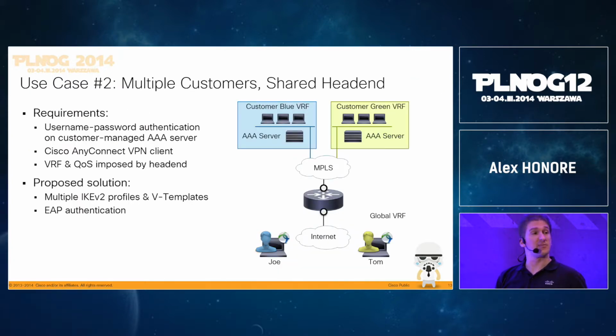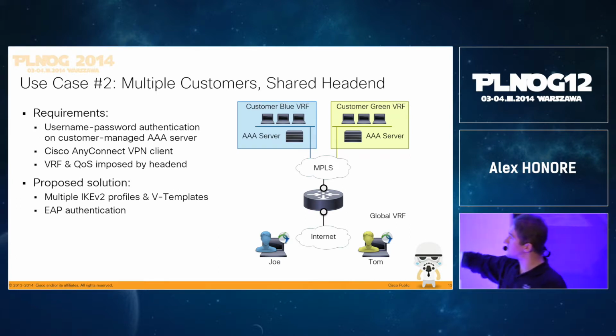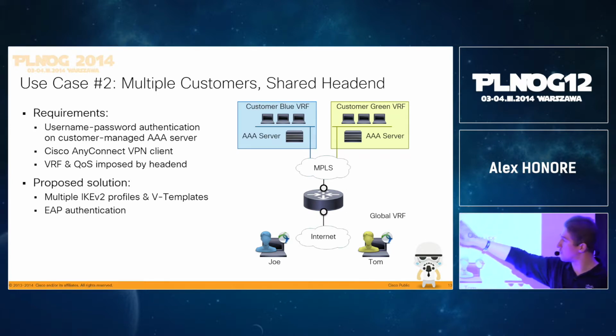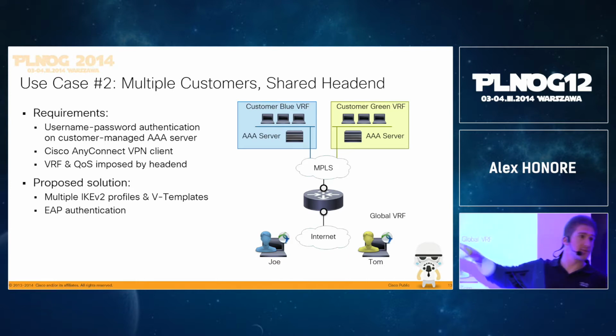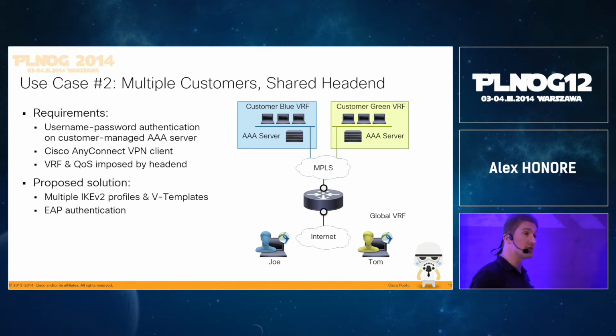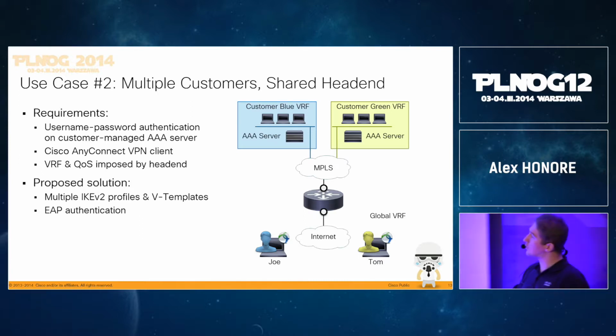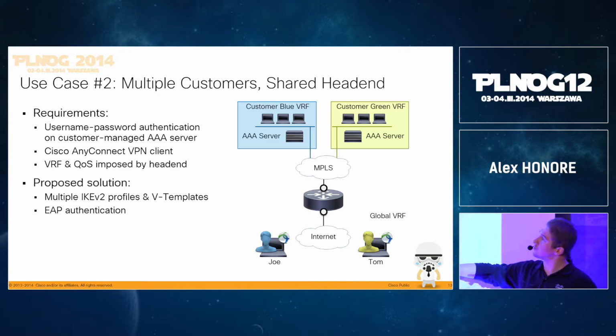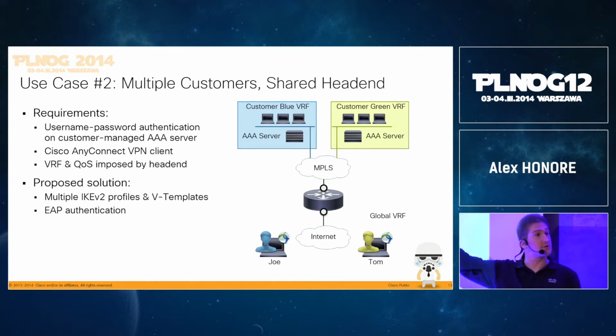Now, what if I have multiple customers? Let's say that I have this MPLS core behind my Flex server. I want to provide a single entry point for my different customers. Let's say these are like small companies. I have a small router with a common responder, and based on the profile of each user, I want to direct them to the AAA server of each